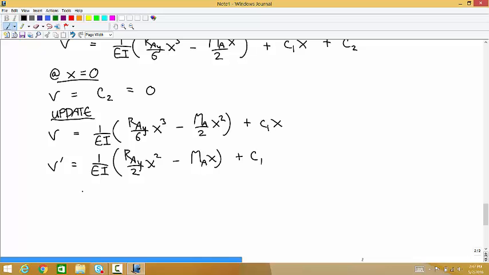When x is equal to 0, that's just equal to C1. And that has to be equal to 0, so